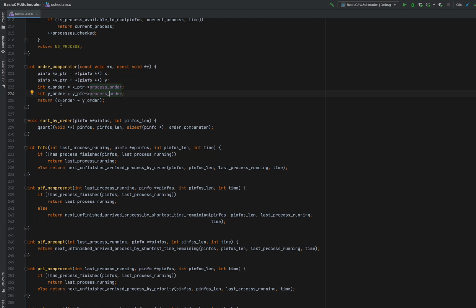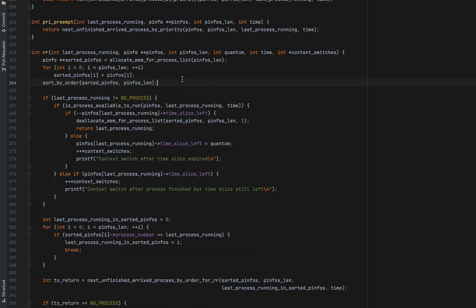And we will return X order minus Y order, right? And this is enough to sort the array in an ascending order of process orders. Okay, now that we have our pointers to structures sorted in a way such that the order numbers of those structures are in ascending order, and the pointers are stored in that order in sorted pinfos, let's